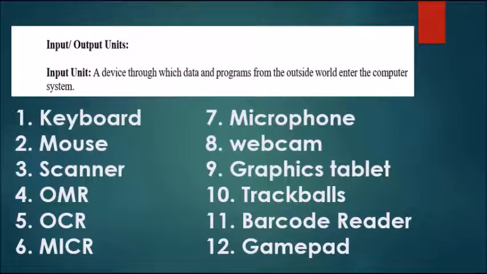The first input unit that we will be studying is keyboard. A keyboard is basically an input device which sends data into the computer, and the data sent depends on the key pressed by the user. Means whatever key you press, that data will be entered. Second device is mouse. Mouse is a small handheld input device which controls a cursor in a graphical user interface. It can move and select text, files, folders, etc. on our computer according to the user input.